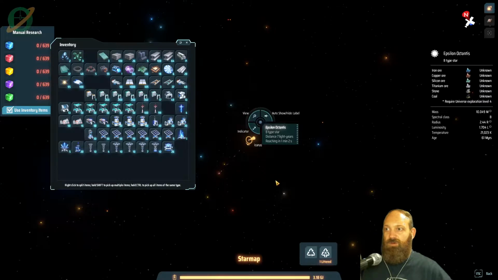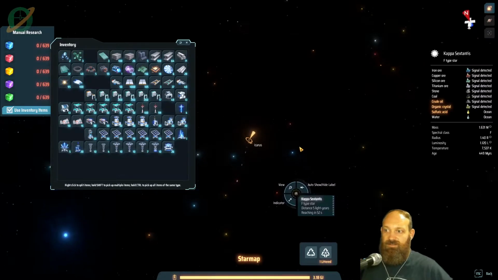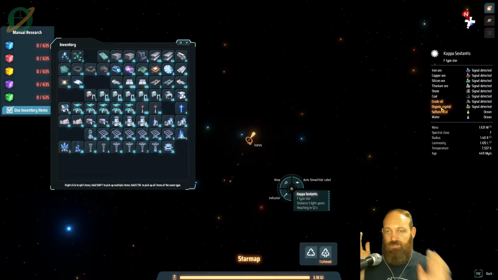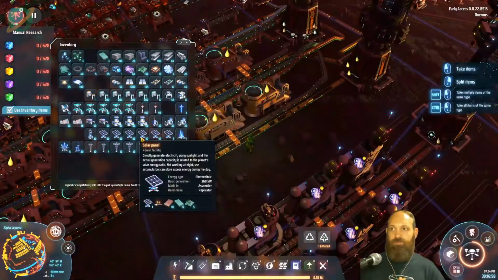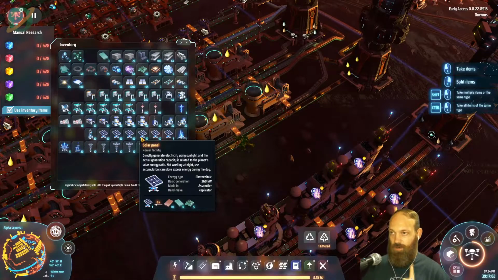it probably does mean we go over to the other one, Kappa Sextantis, because it is a little bit closer, 5 light years, reaching in 52 seconds. And we're just going to go over there and harvest some sulfuric acid. And that'll be our goal. What does that mean? Well, we want to go over there. We need power. We can do that with deuterium fuel rods and